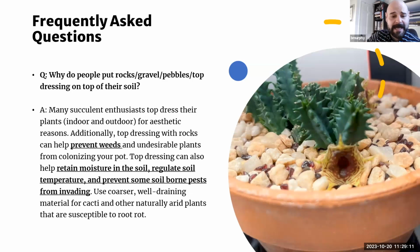There are a lot of people that ask questions about why frequently you see cacti and succulents, like my lifesaver cactus here, that have a top dressing indoors. Just a note that this is both for aesthetic reasons. It looks a little bit better to the eye for some indoor plants to have some pretty horticultural grade gravel here, as well as some little garnet chips that I bought from eBay just to make it look a little